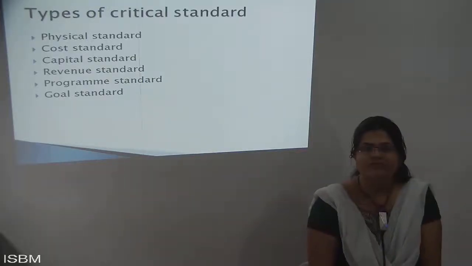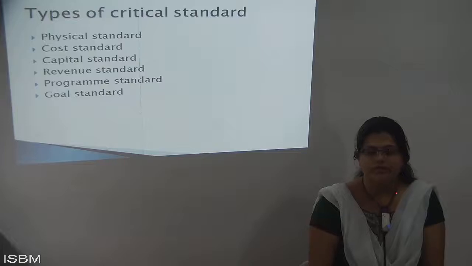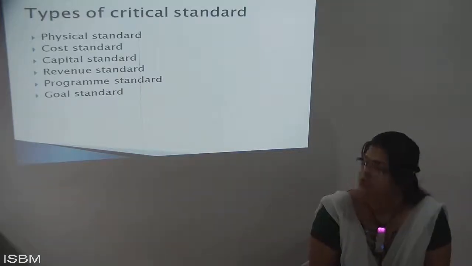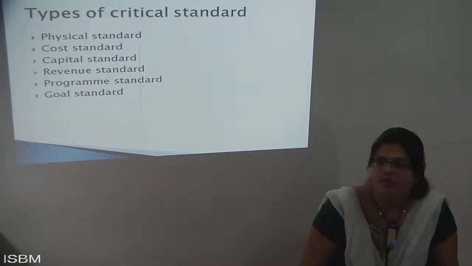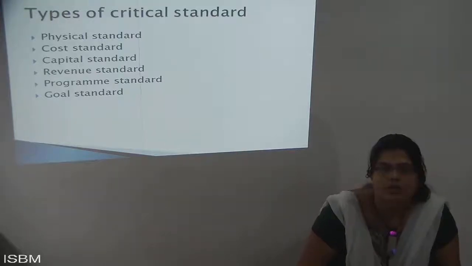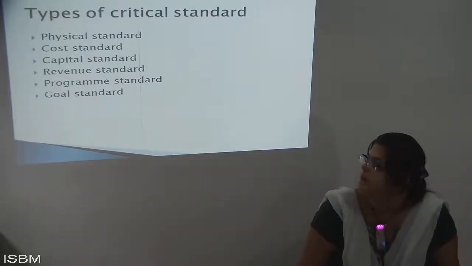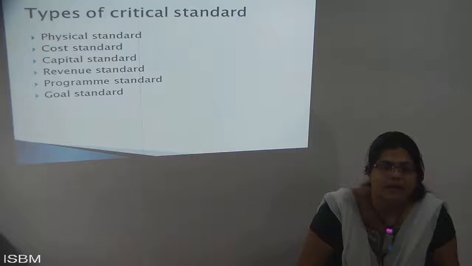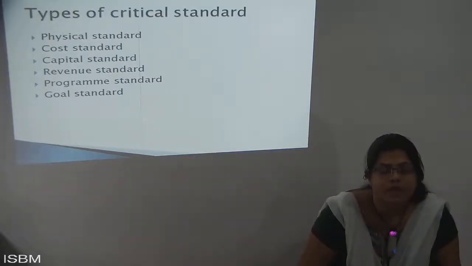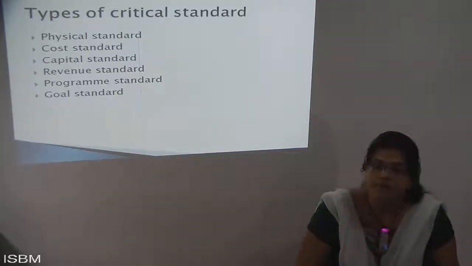We need to identify, with the help of the products, whatever has been built. With the help of the product, you need to identify the cost of that product, and only then can you take it further. Next it is the capital standard. Capital standard, in the sense, is the capital when you are running any kind of management. It is the amounts you have kept inside or given to it when you're starting any kind of business. That type is called the capital standard.